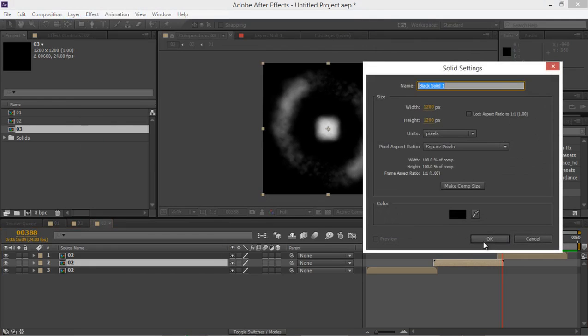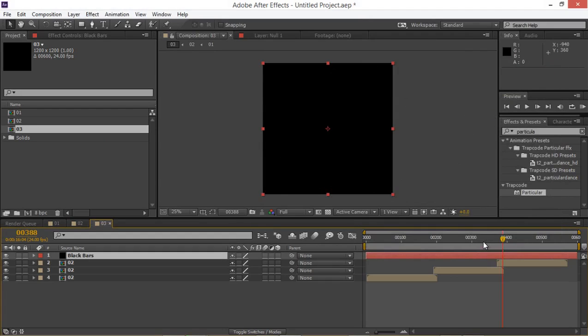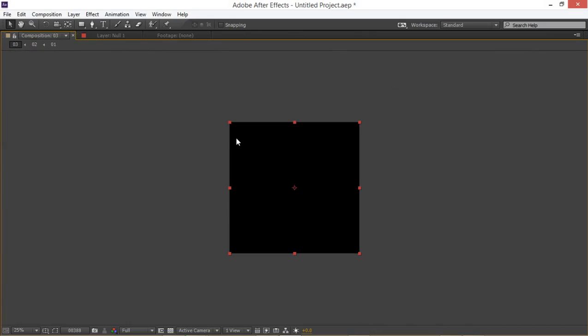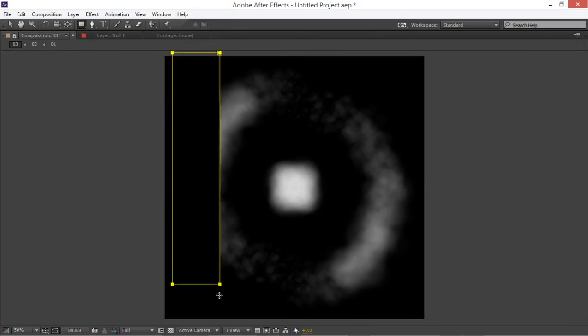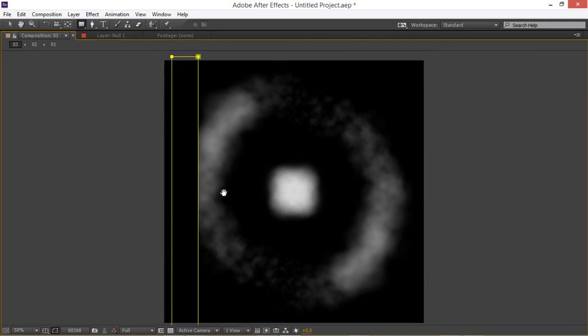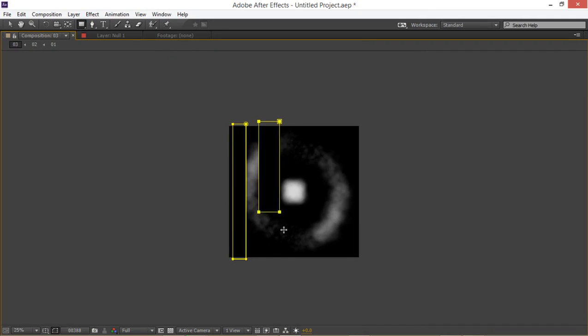Now let's name this black bars. And on this layer, what I do is simply create a mask, and let's just create different masks throughout